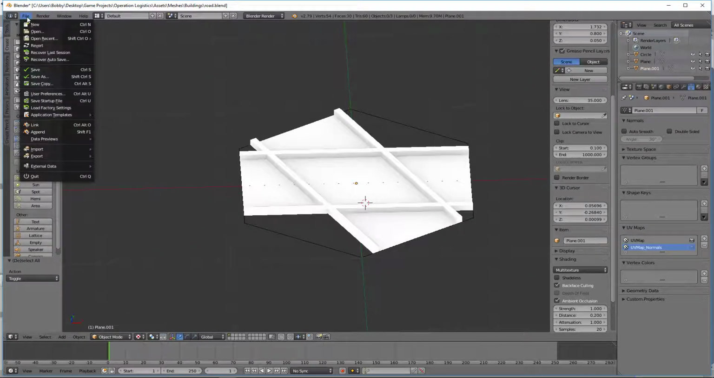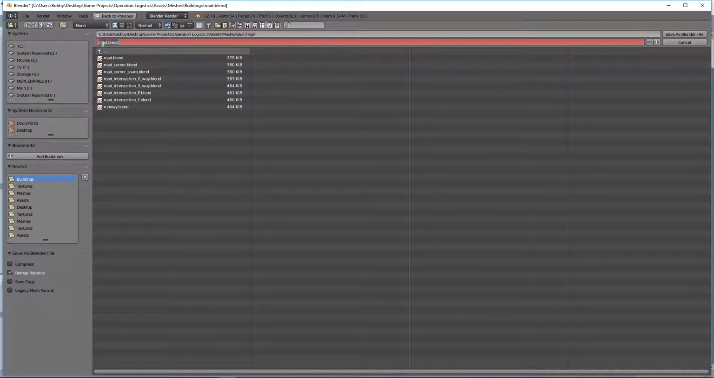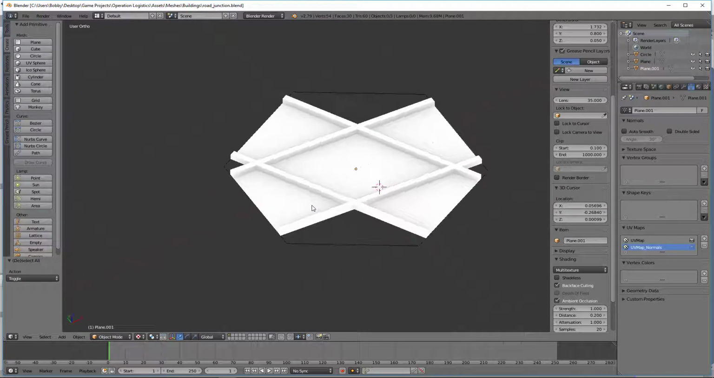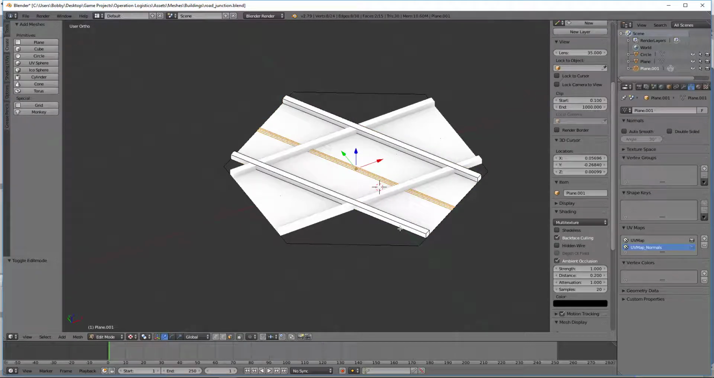There we go. And I'm going to save this as road junction. This isn't really an intersection. This is more of a junction. So, with that in mind, I think what we're going to be doing here is we're going to modify this